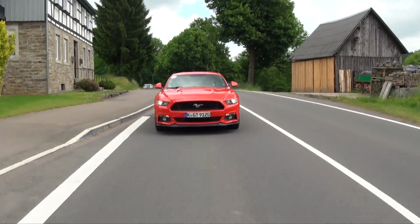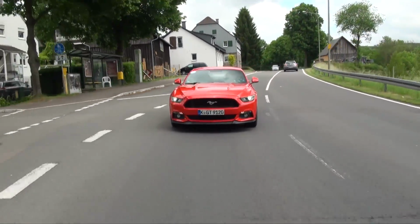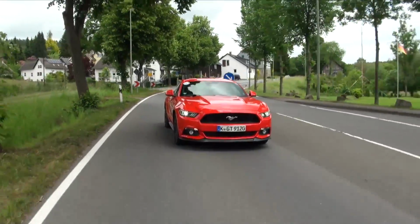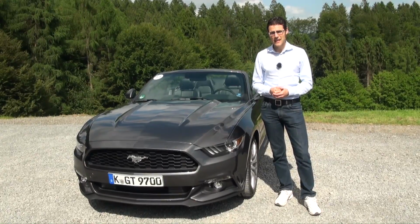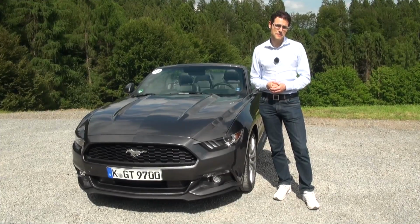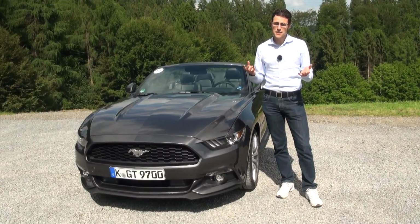Just from design, I think the Coupé is my favorite, especially when you compare a closed convertible to the usually closed Coupé. And I think the design has been a great evolution because it's still this muscular car, but at the same time it has become a little more elegant, in my opinion. And then, as for the engine, the V8 is just